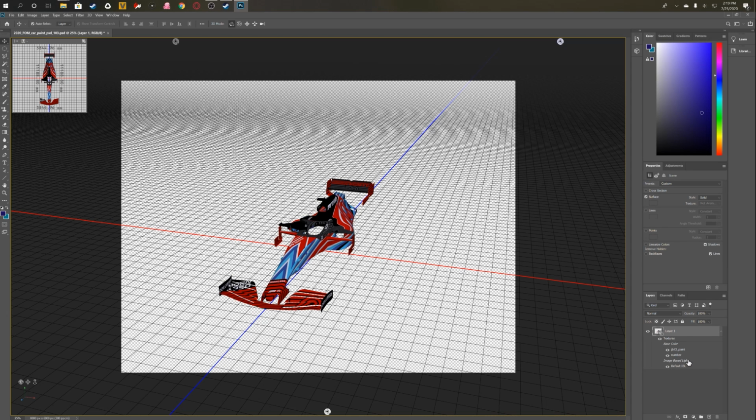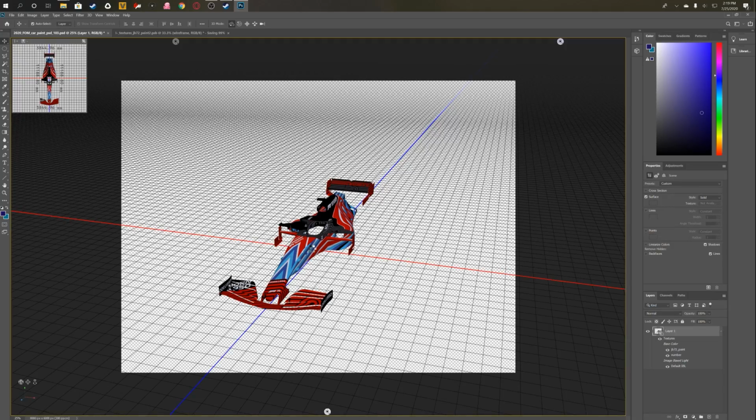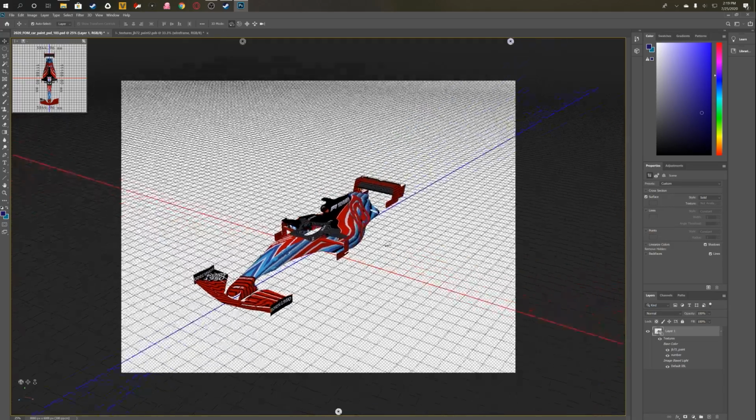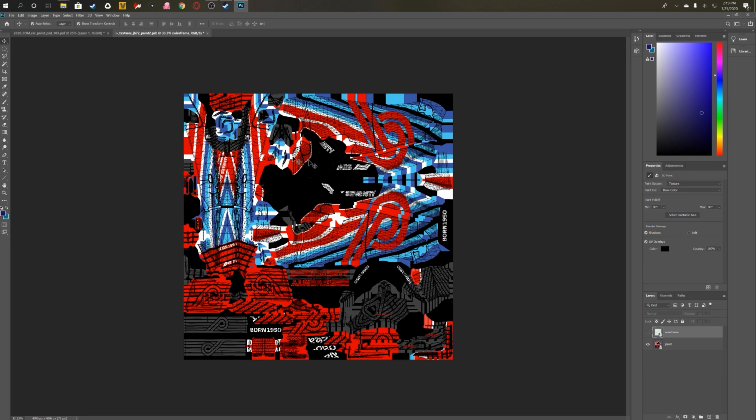But what we want to do is bring up the actual livery texture. So you're going to go down here, JB72 paint, and you're going to double click that, and it's going to open the texture in another tab here. Now, the thing is, you actually don't have to use this 3D model. However, it is highly recommended, especially if you're a beginner, mainly because any changes that you apply to this texture,